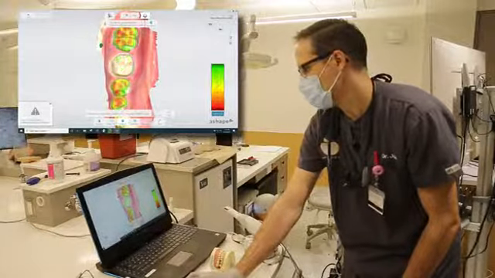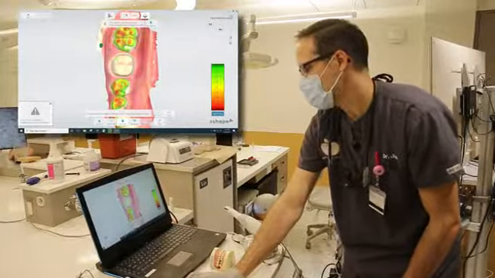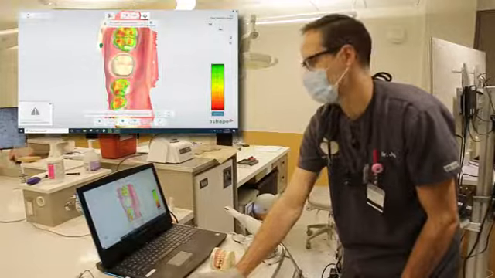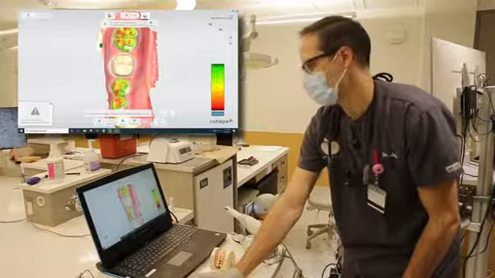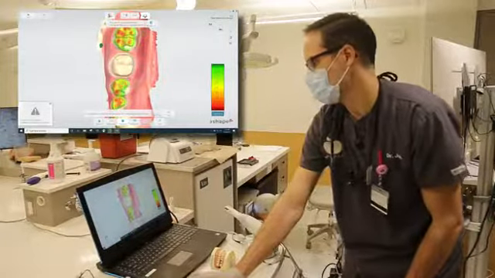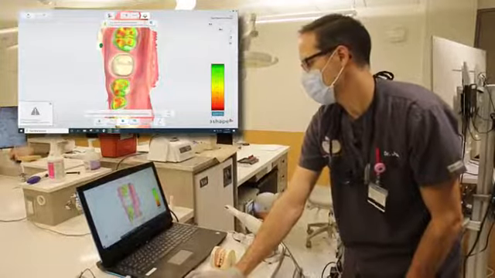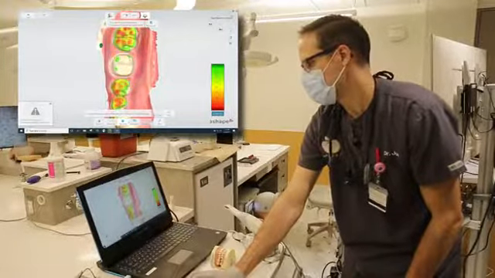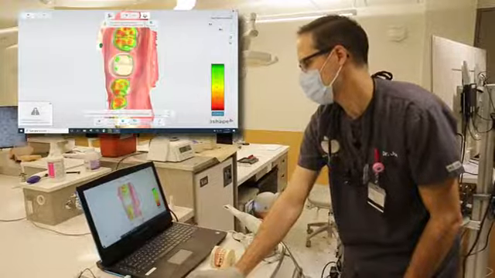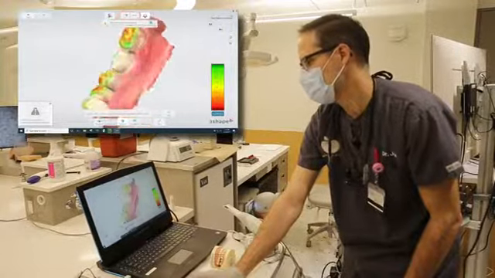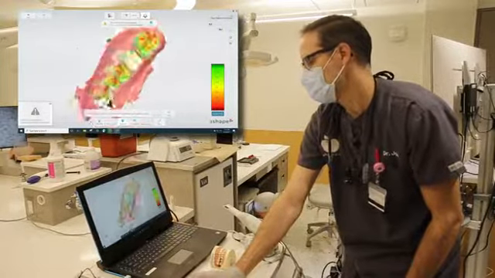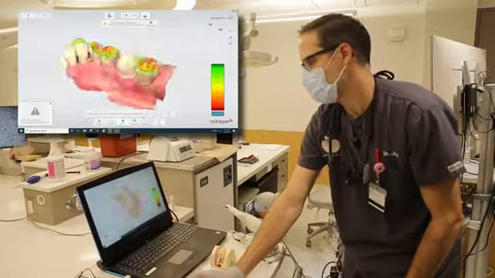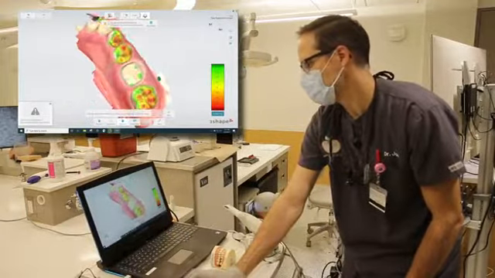So right now I want to make sure we have at least 1.5 millimeters of reduction all the way around, which we do. We have one little spot that might be like 1.7 millimeters. In certain areas, I want to make sure we have at least 2 millimeters of reduction, depending on the crown that we've chosen. So in this case, we actually only need 1.5. This is for a zirconia crown. So we actually have enough